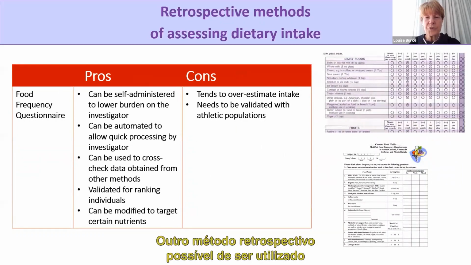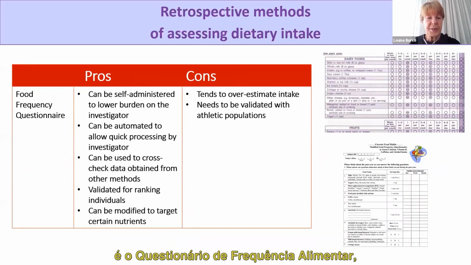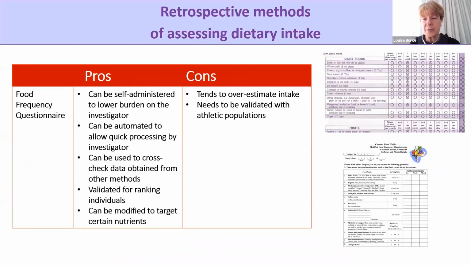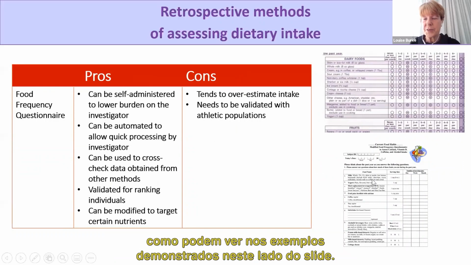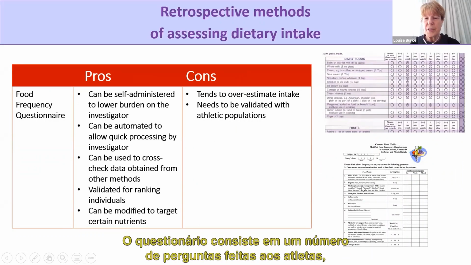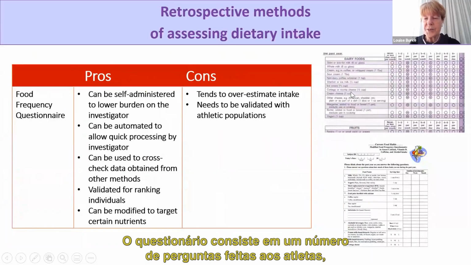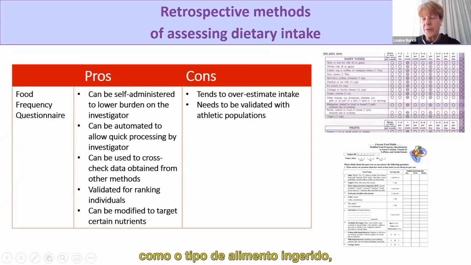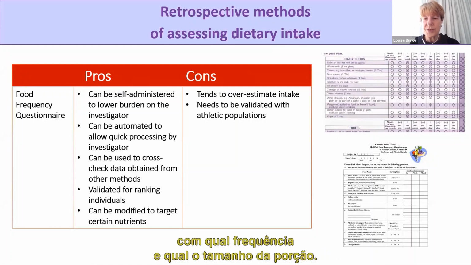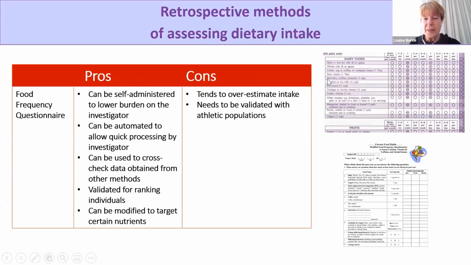One of the other retrospective methods that can be used is the food frequency questionnaire. And you can see on this side of the slide, I've given you some examples. The questionnaire consists of a number of questions that ask an athlete to pick the type of foods that they might eat, and then how often and what size serves they might have. These kinds of